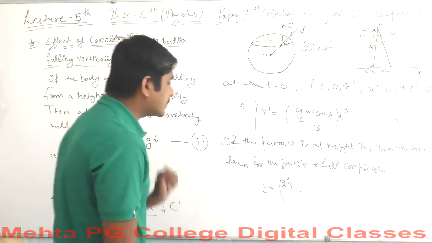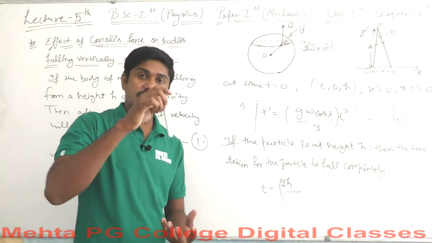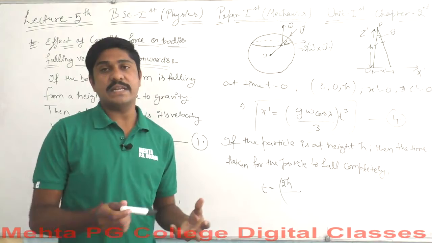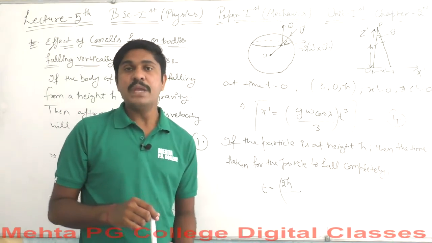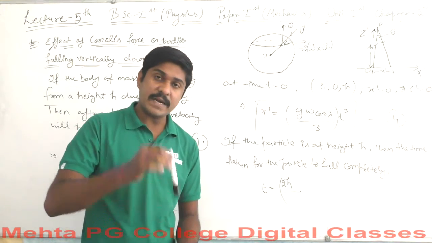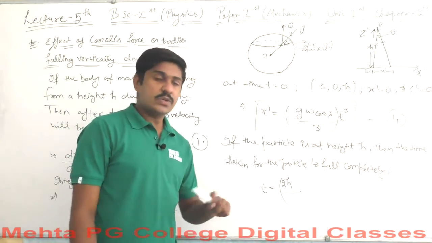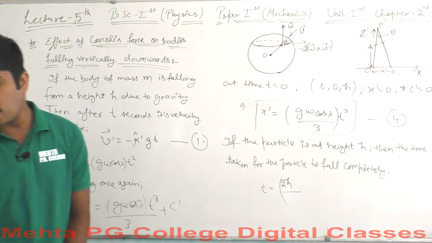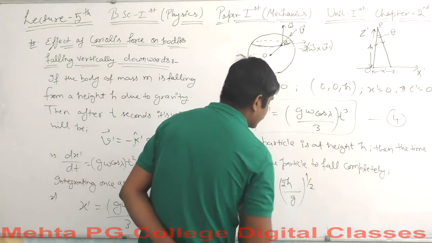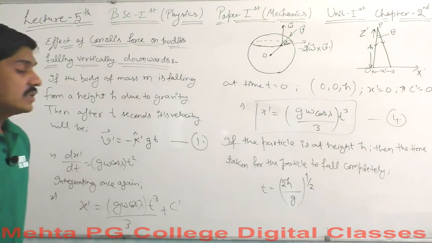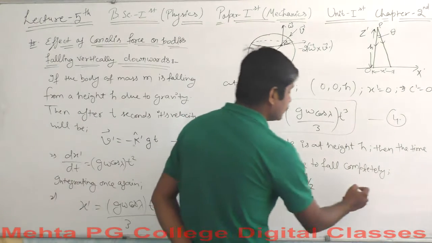So the total distance is 2h, and gravity was continuously working, even when the particle was lifted up and even when it fell freely. I mean to say that the gravitational pull keeps working all the time, both when the particle is pulled up and when it falls freely. So the time is 2h over g, all under the root of one half. So that should be the total time here, in terms of g and h.